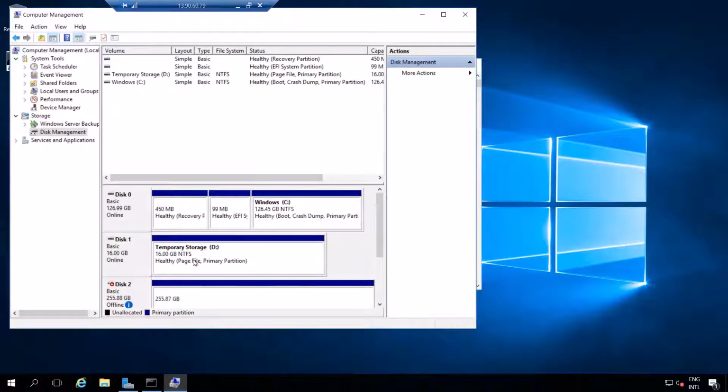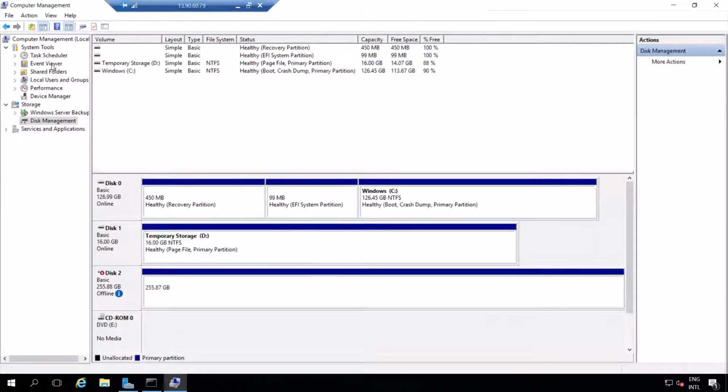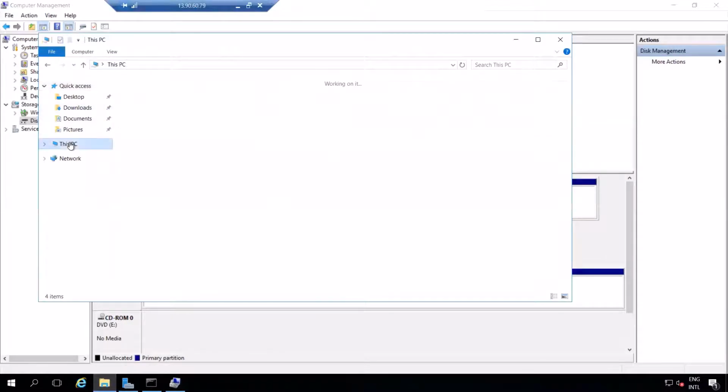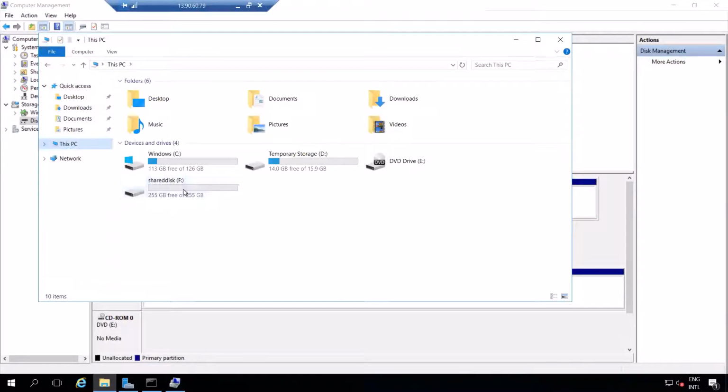Okay. So can you see this? Now it is online. So let me go back and check. Okay, I can see the same disk over here as well. So now the shared disk is attached.